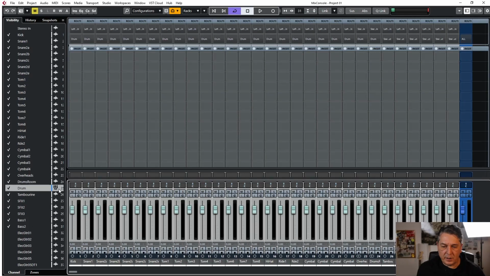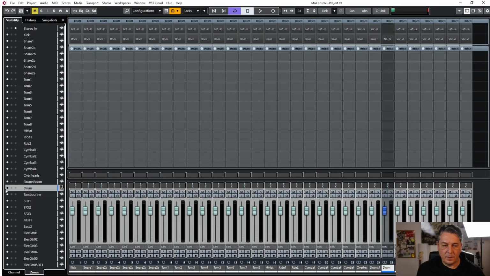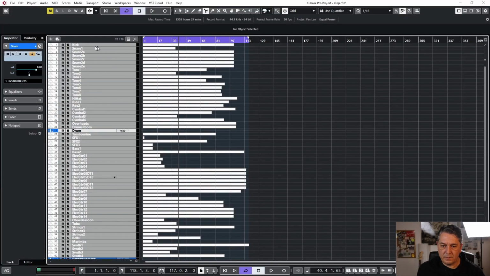The channel, this channel with blue, you see it? It's already on, so it's active. Down below we have two areas, channel and zones. Go in zones, and let's select this point, and now the channel is in the left side of the mixer, exactly in the position that we need. Look, it's here,